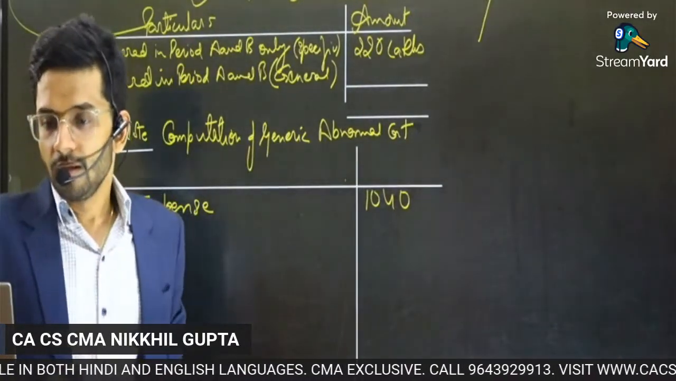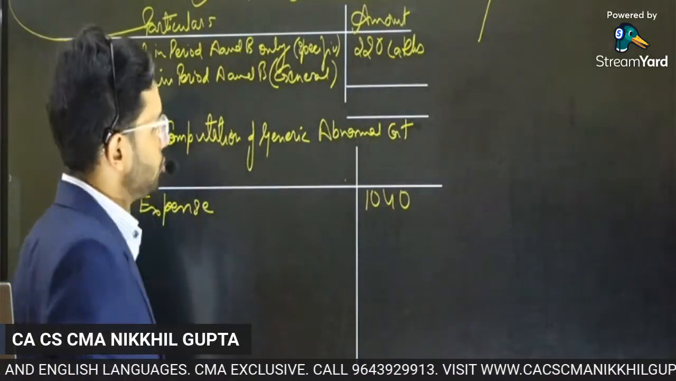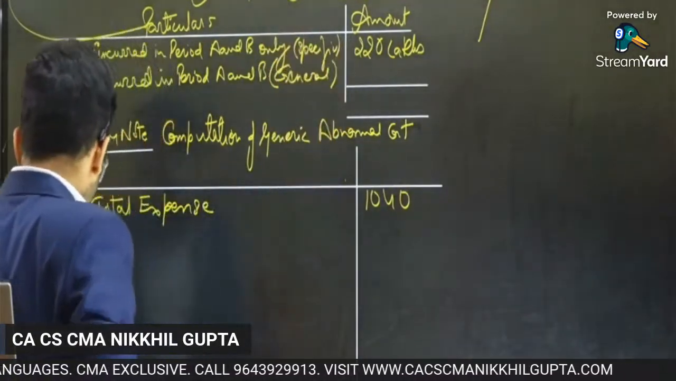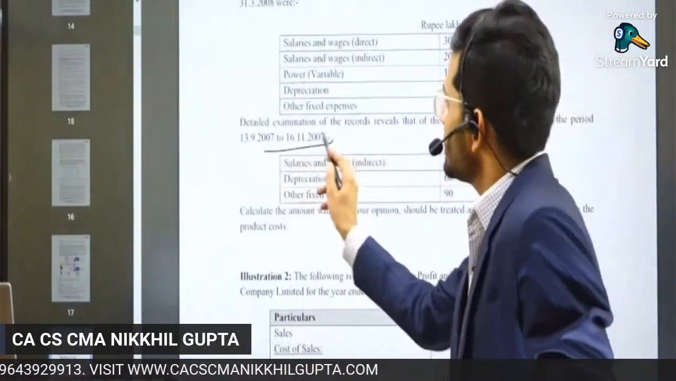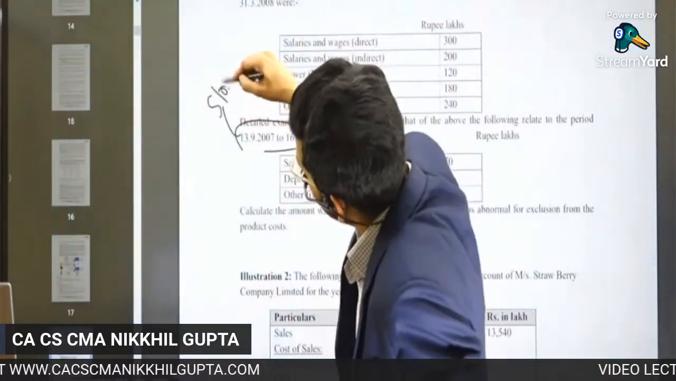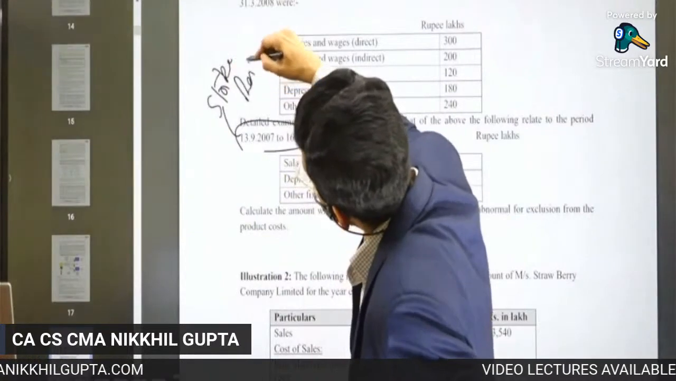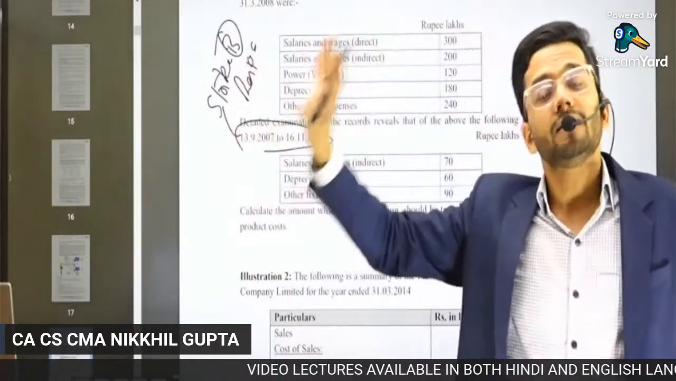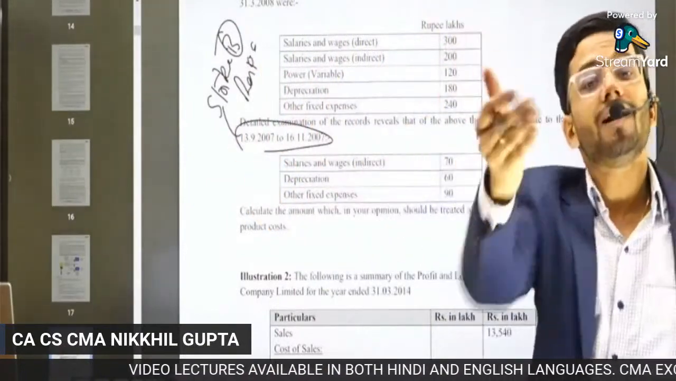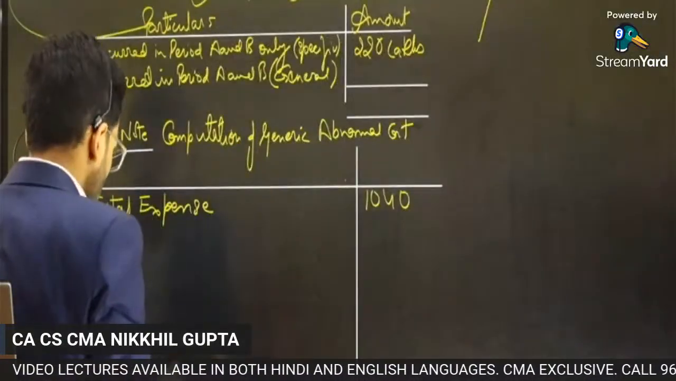Now, guys, please see. We have already considered 220 lakh. 220 lakh is the expense which has been incurred during our strike period, which is period B, so we have already taken it completely. So we need not take it again as a generic expenditure. So I'm reducing the